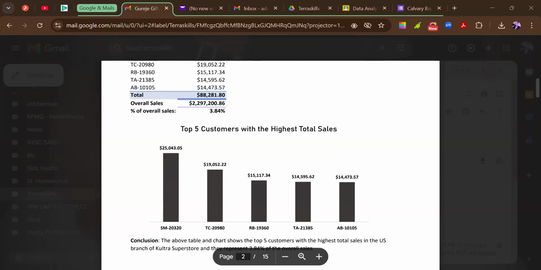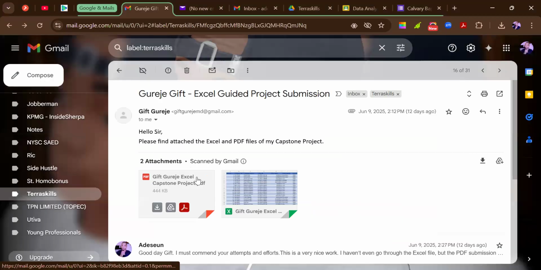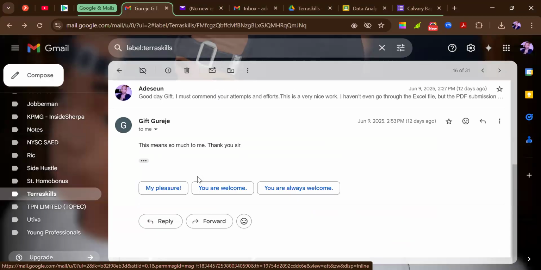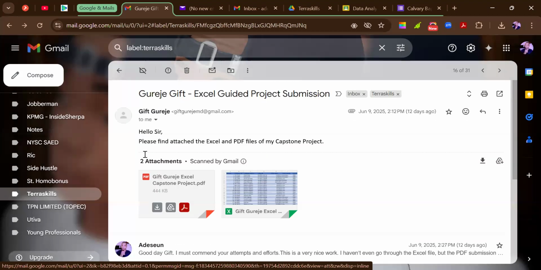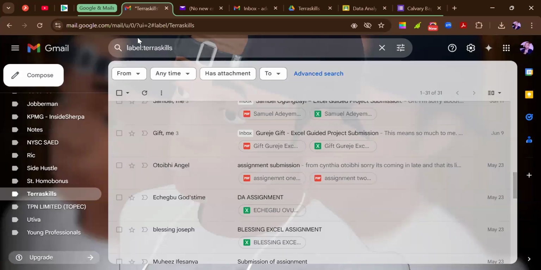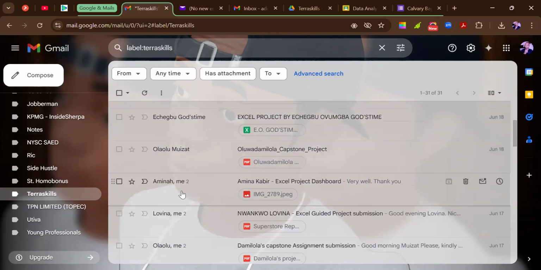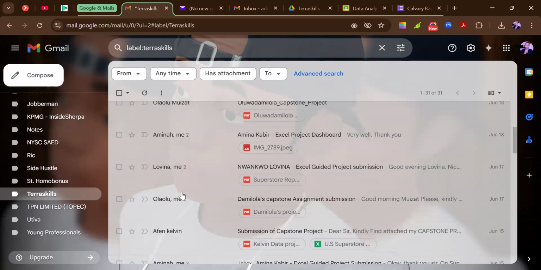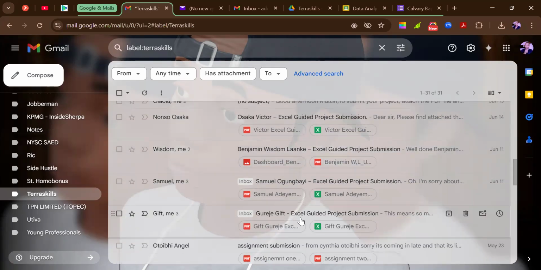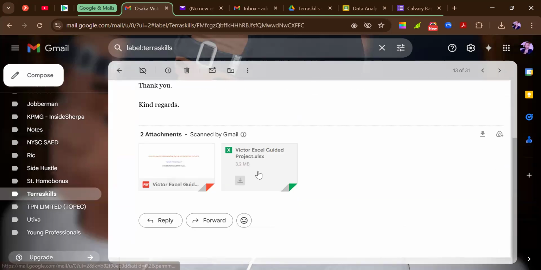I think you also forgot your dashboard. So when should I be expecting that? Hello, Gift. Can you hear me? Oh, yes, sir. I just joined back. Okay, I'm expecting your dashboard. When will I get your dashboard? It is part of the Excel file, sir. Oh, let me see. It should be an exceptional one. Let me see. Okay.